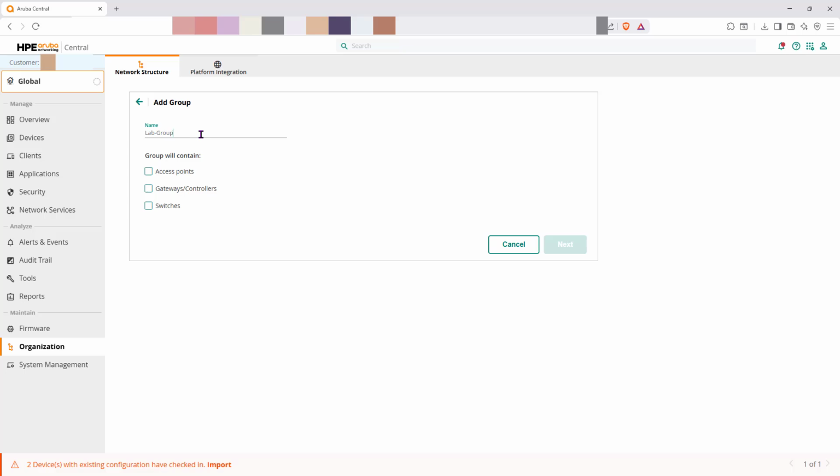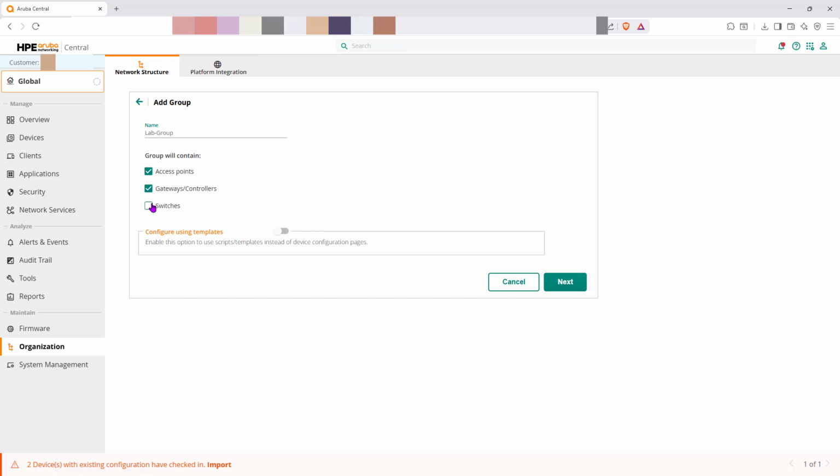Now it's up to you. What would you like to add into the group? Are you going to add all of these, or are you going to create a group only for gateways and controllers? Or a group only for CX switches and so on? Let's create a group for CX. So we're going to say lab CX